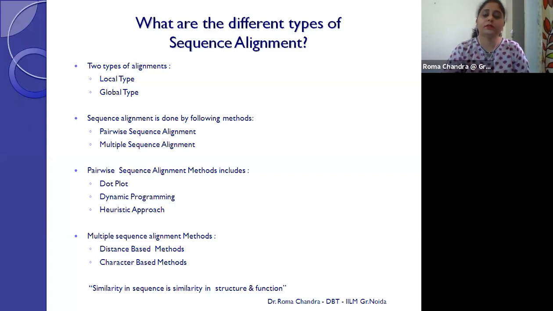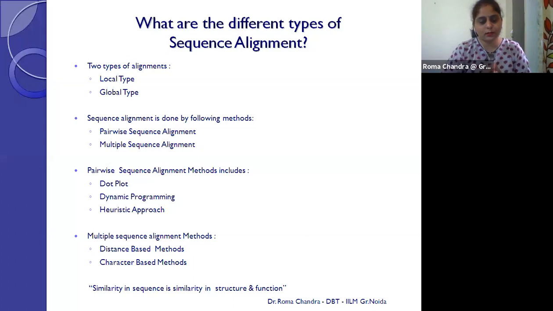And later on, there were two more methods. The first method was dynamic programming, and the second method is the heuristic approach. After this session, you will be introduced to the heuristic approach, what it is, and the famous methods under it are the BLAST algorithm and FASTA algorithm. These are the most famous tools in bioinformatics. You will just take the name, there is a BLAST tool. We use the BLAST tool in bioinformatics. That is the basic local alignment search tool, and that comes under our heuristic approach.